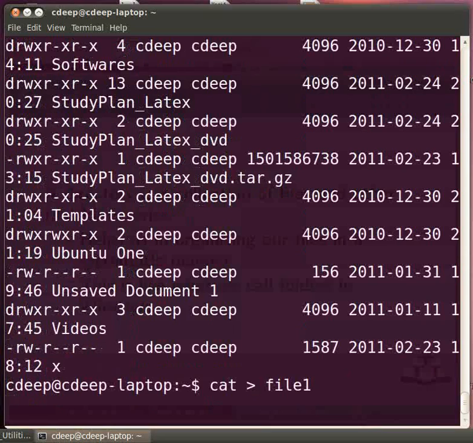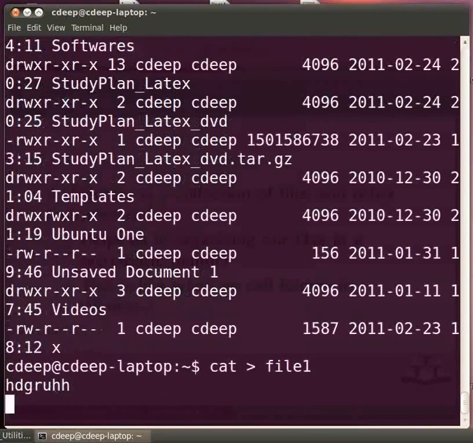So type some text. Now press enter key to indicate the end of input. Now press the Ctrl and D keys together. If a file by name, say file1, already exists, then the user input will be overwritten on this file.